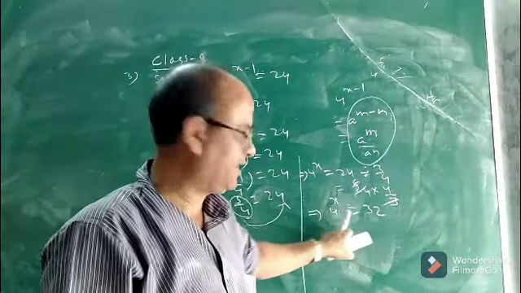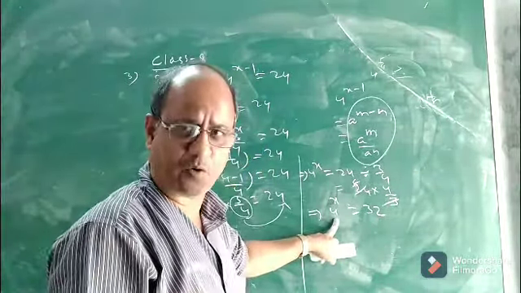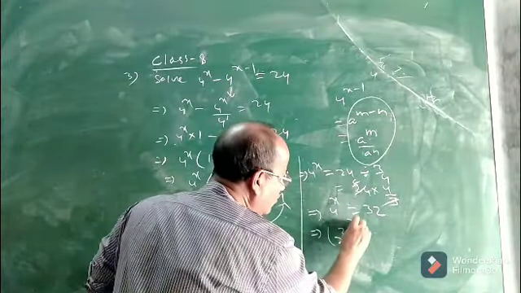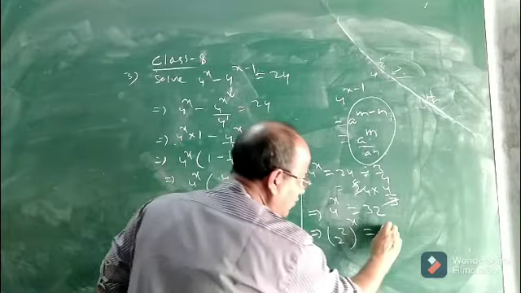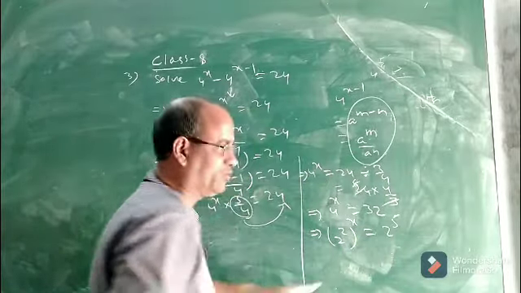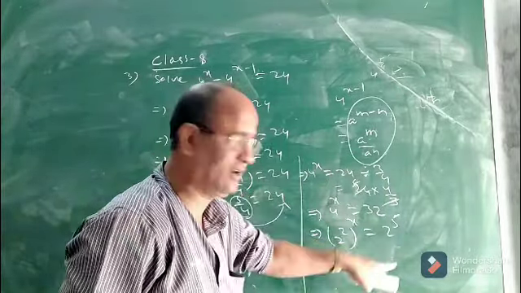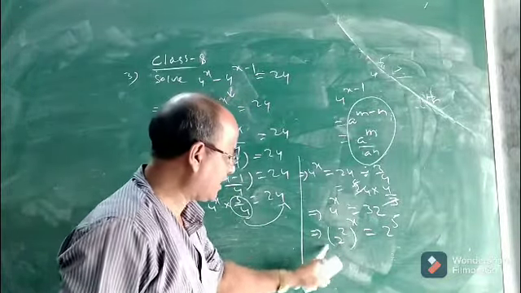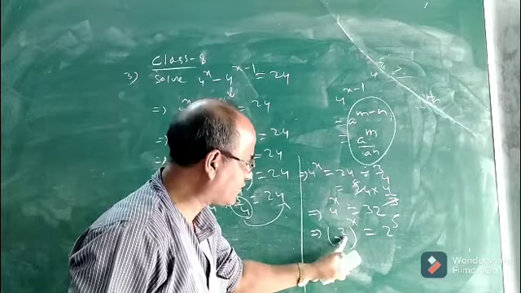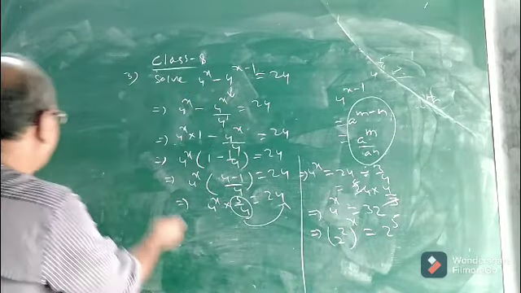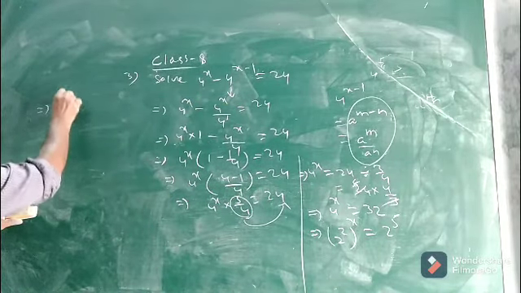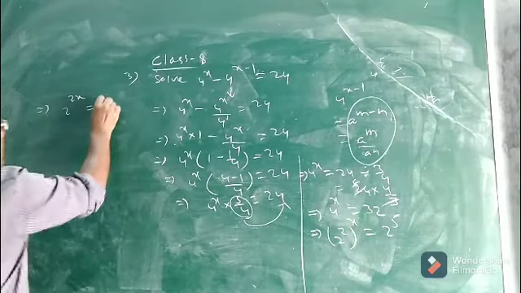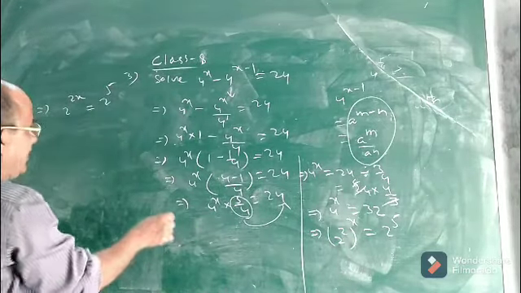So what we will do then? Then you change the base. Here the base is 4. This 4 can be written as 2 to the power 2 whole to the power x. Now this 32 can be expressed with base 2. It is 2 to the power 5. See children. 2 to the power 5 is 32, 4 is expressed with base 2. Now in the next step you omit this bracket so that this 2 will be multiplied by x. That means it will become 2 to the power 2x and in the right side it is 2 to the power 5. You see, this is a very big one children.